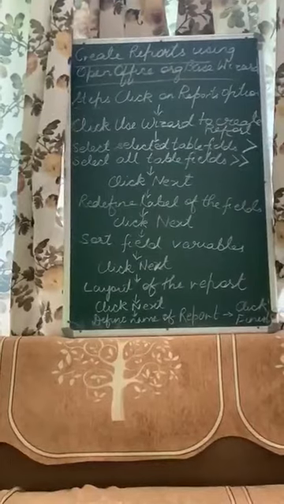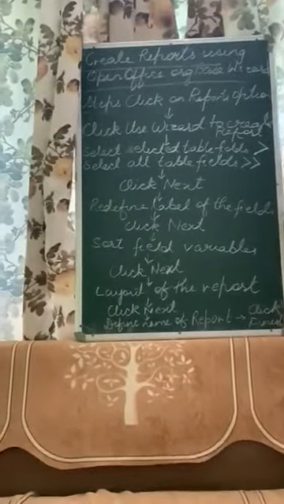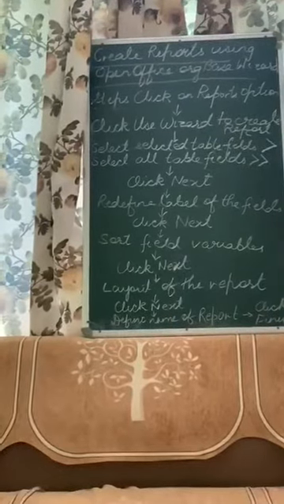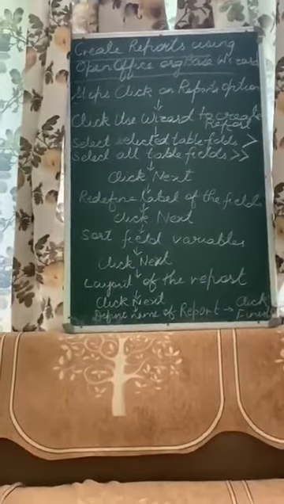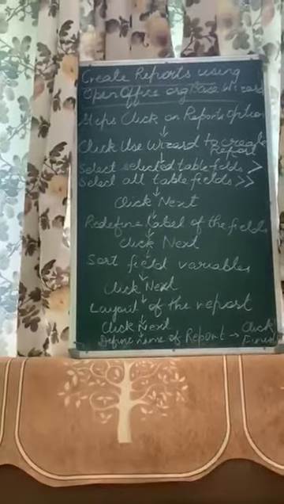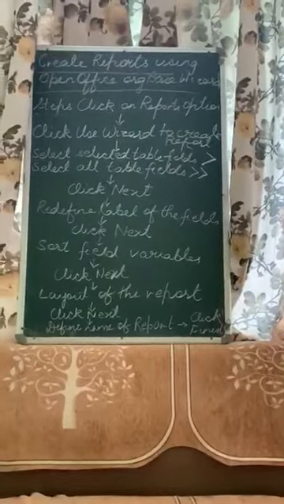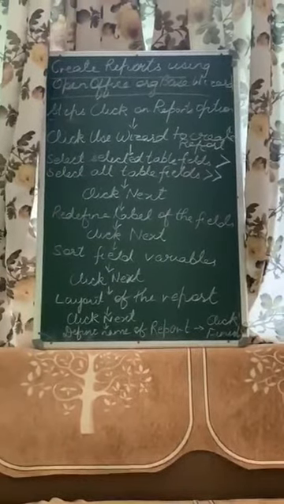Once you click on finish, you will see the summarized report of the table on the screen. For example, there is a report containing the name, roll number and phone details. So children, this is all about creating reports using the OpenOffice.org Base application.